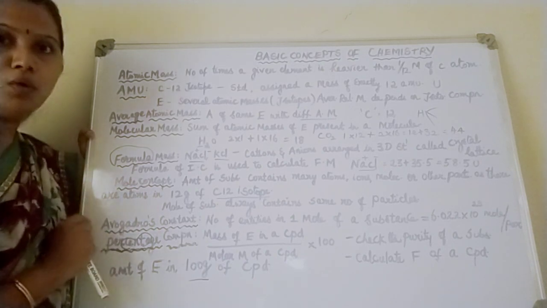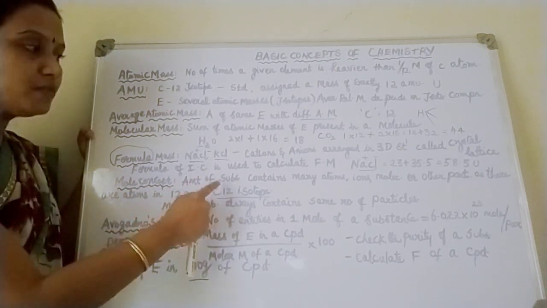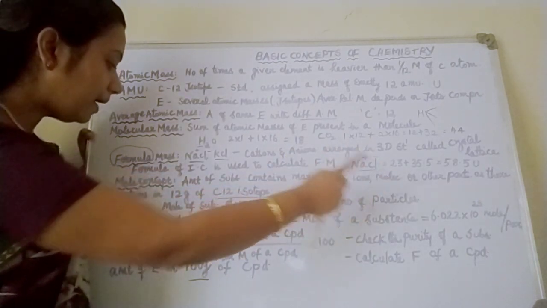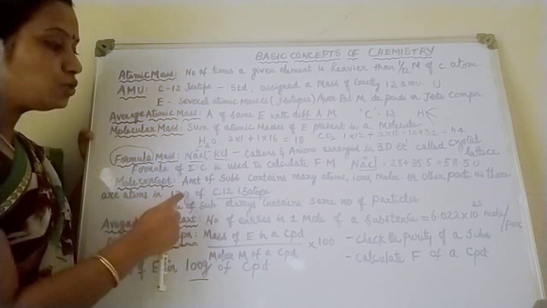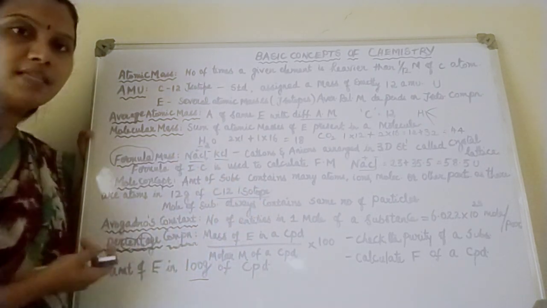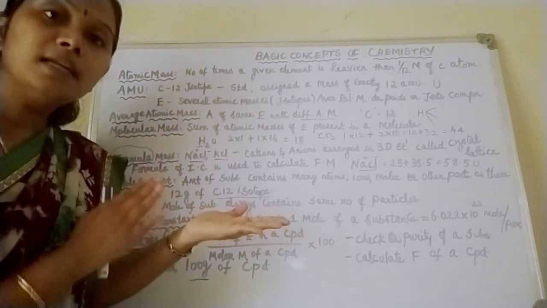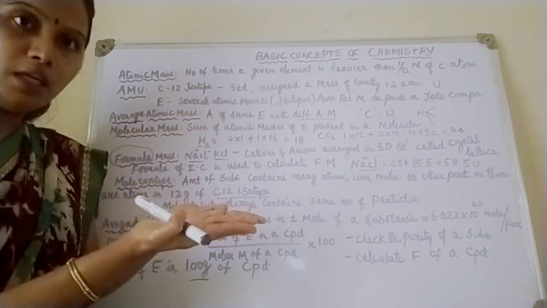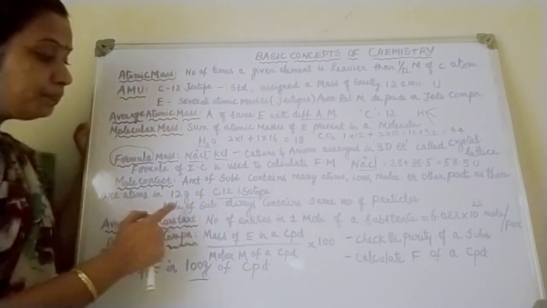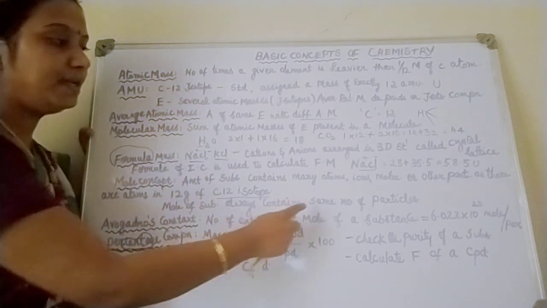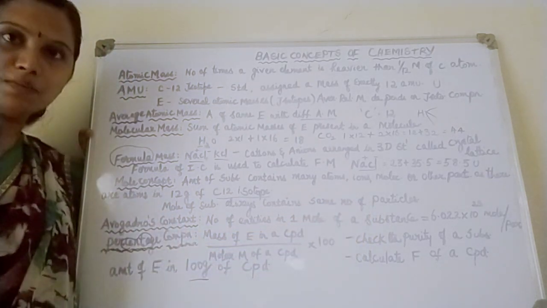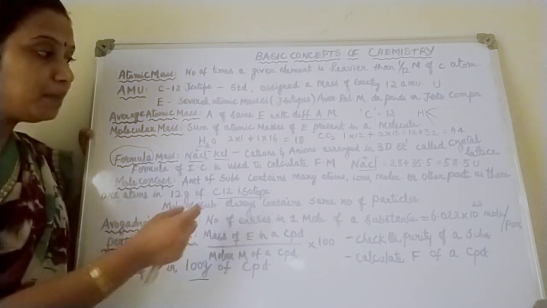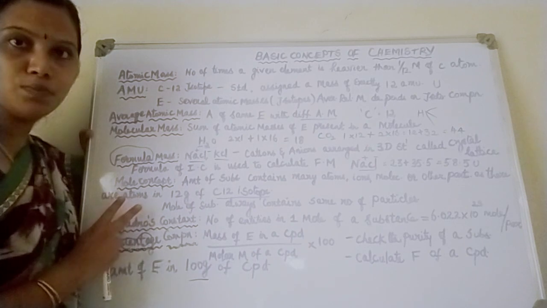What is mole concept? Mole concept refers to the amount of substance which may contain atoms, molecules, ions or particles which are present in 12 gram of carbon 12 isotope. Say for example, in one hand I have carbon 12 isotope. The number of atoms, ions, molecules or particles present in carbon 12 isotope should be equal to 1 mole. Otherwise I can tell you, mole of a substance always contain same number of particles, whatever the substance may be. The substance can be sodium chloride, potassium chloride or ammonium sulfate, whatever the compound, but it should contain same number of particles. This is called as mole concept.